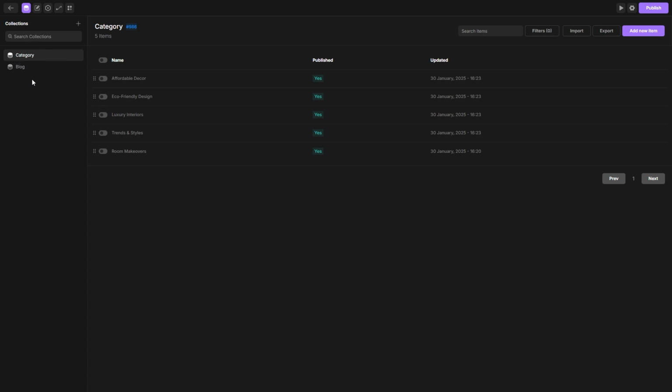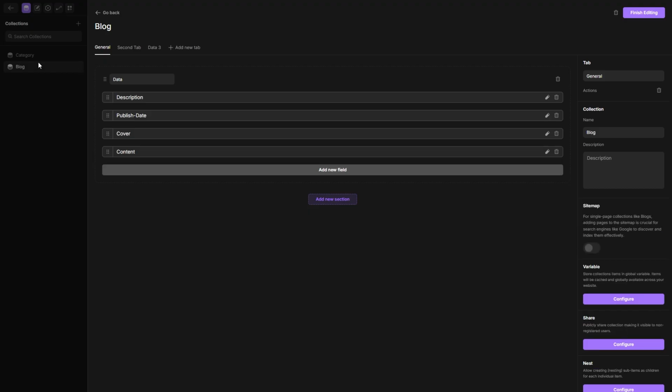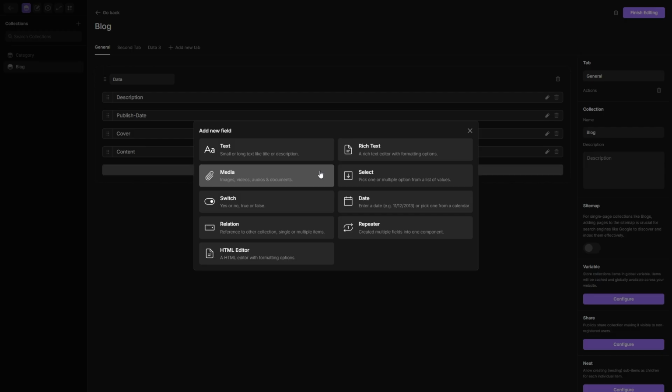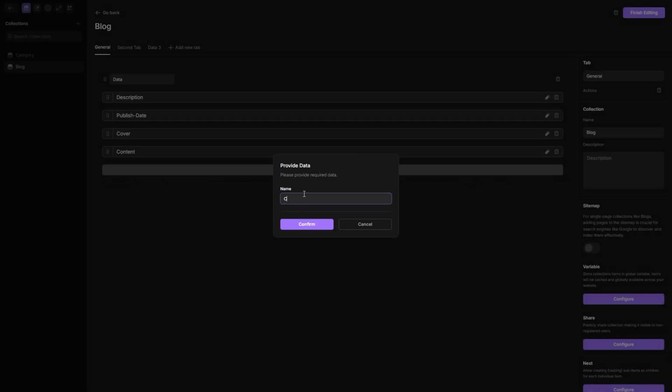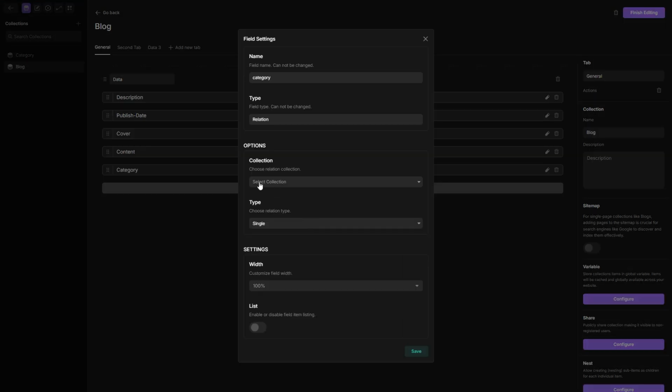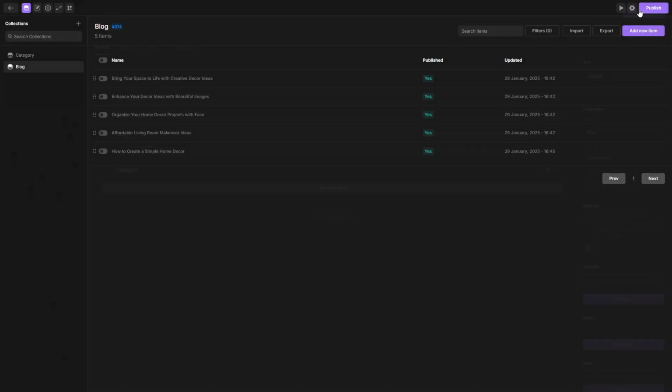and how can we access this item from the category collection inside our main blog collection? Well, for that we need to go to the settings of our blog collection, add new field, and we would need a relation field. Let's select it and call it category, hit confirm, and here in the options you will have this collection dropdown. If I open it, all of my collections will be listed. Now I need to select the collection from which I want to pull the items. We need the category items, so I'm going to select this collection and hit save,